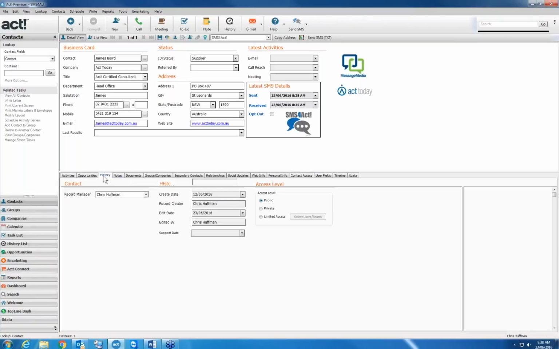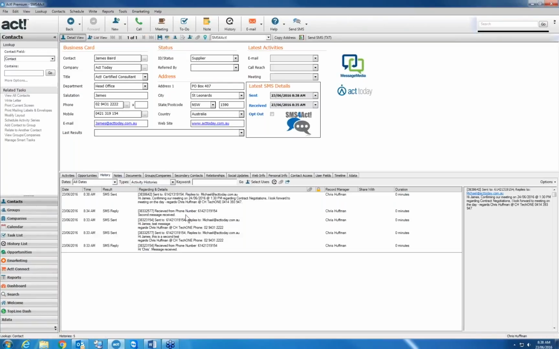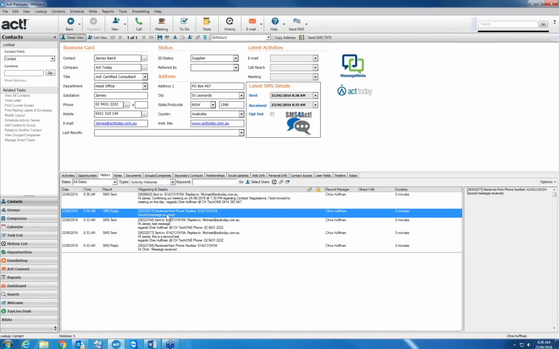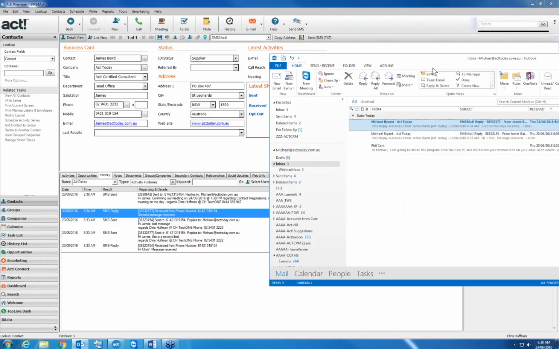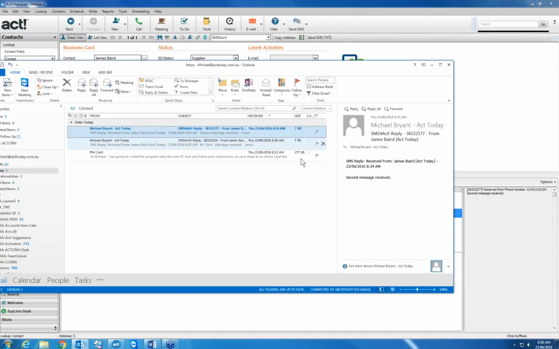So if I come back to the contact screen here, you can see that James replied here. So he's replied, second message received, and it's come back into the history there. If I go to my email there, you'll see here there's the response back as well. So it's come into my email from James, second message received. So if you're out on the field, perhaps,